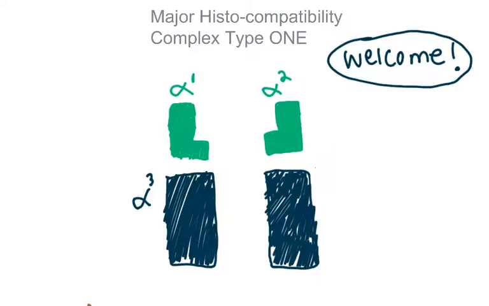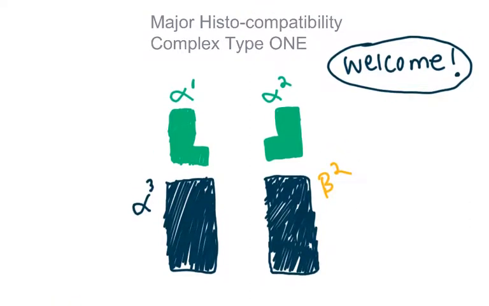Let me go and write that down in another color. So this is going to be a beta 2 complex. I don't know why I wrote it like an exponent, but I guess that's how I wrote it. The main thing to remember is we have 3 alpha complexes and 1 beta complex, but it's not a beta 1 complex, it's actually a beta 2 complex. So that's the basic structure of an MHC type 1